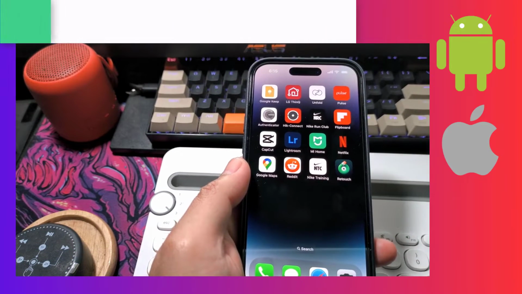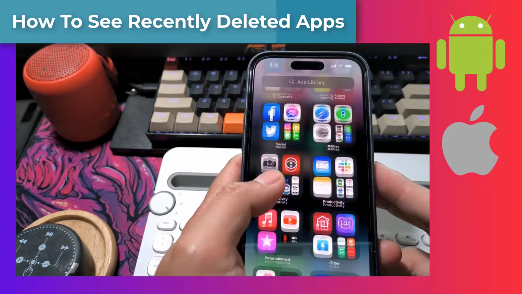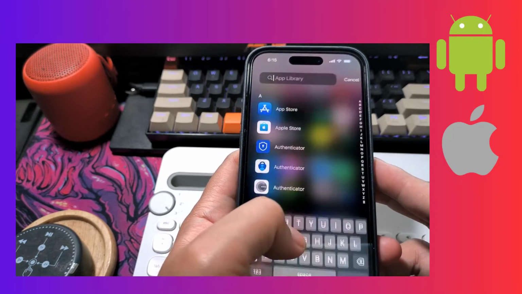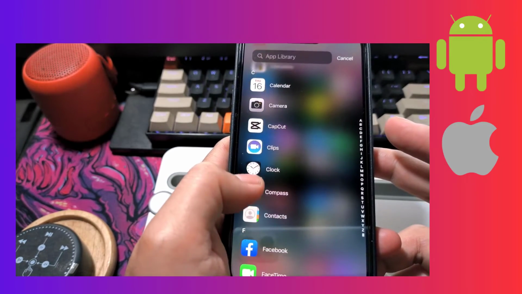Have you ever deleted an app that you need on your phone and you can't seem to find it? No need to stress. We've got a simple solution. This video will guide you through how to see recently deleted apps on your device, whether you're using an iOS